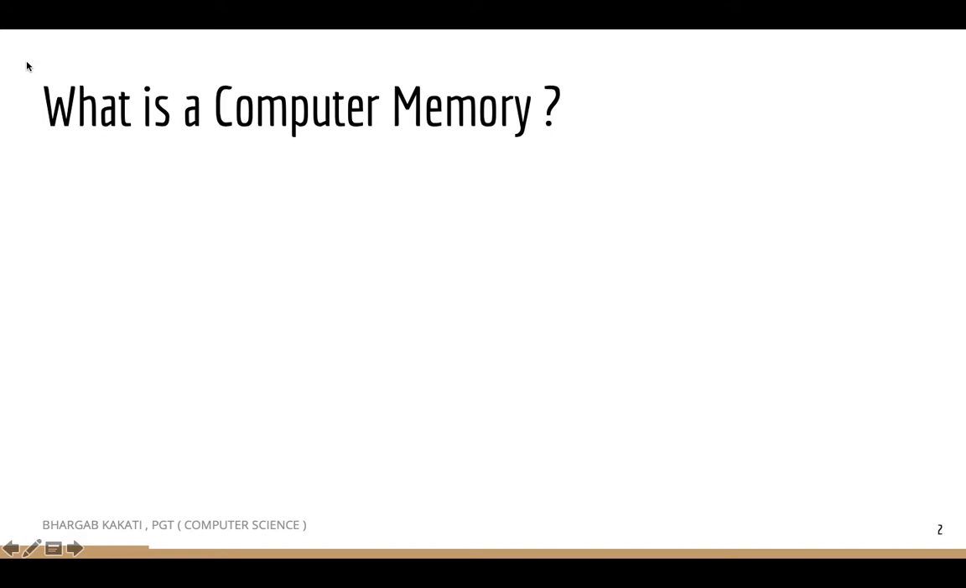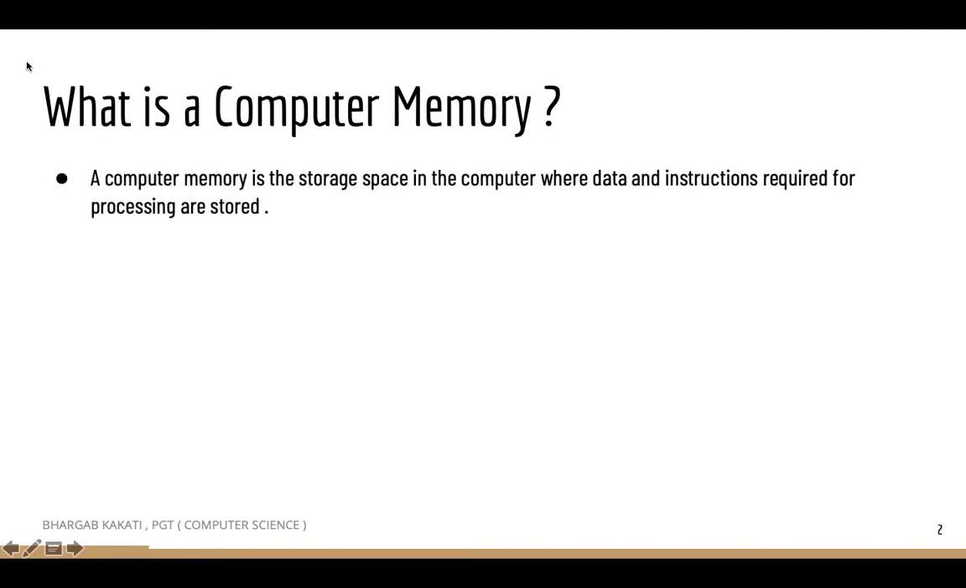We as human beings retain information in our memory. That's the human memory. Similarly, a computer retains information in its memory, known as computer memory. So what's the formal definition of computer memory? A computer memory is the storage space in the computer where data and instructions required for processing are stored. So in order to store the data and instructions in a computer, we require a storage space which is known